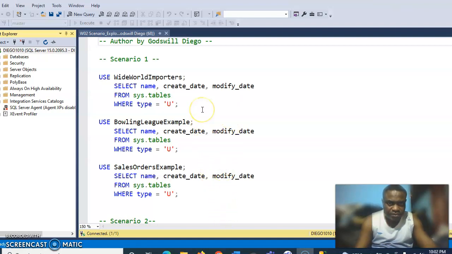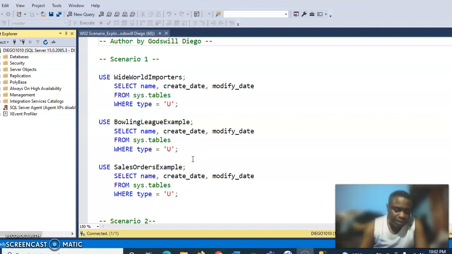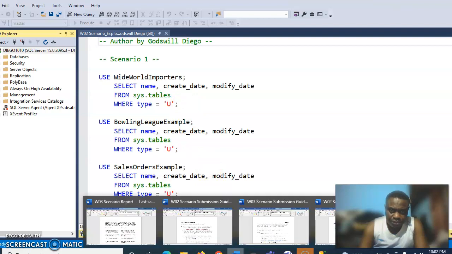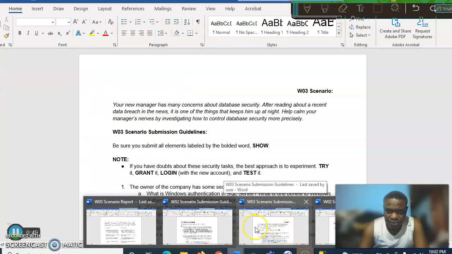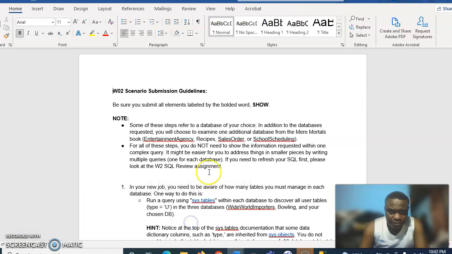I selected three databases, which are Wide World Importers, Bowling League Example, and Sales Other Example. In this particular scenario one, I was asked to